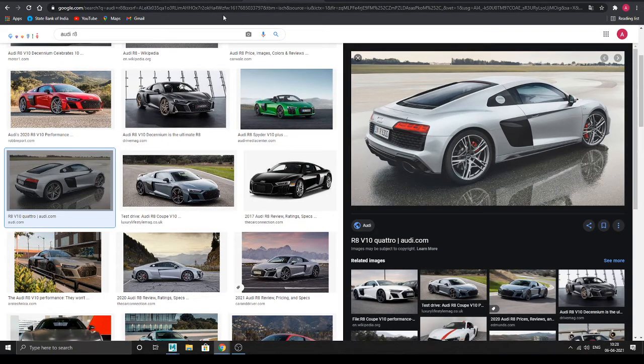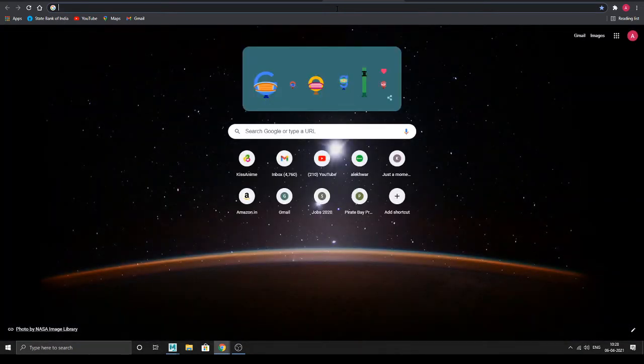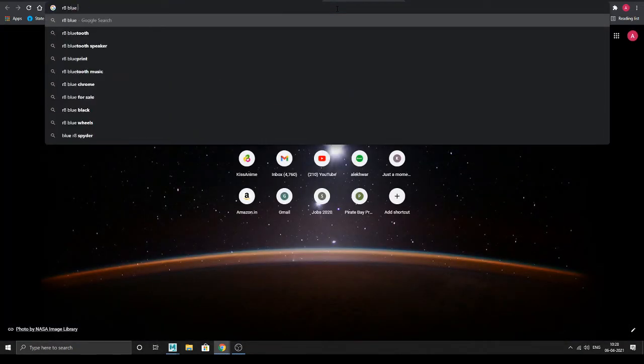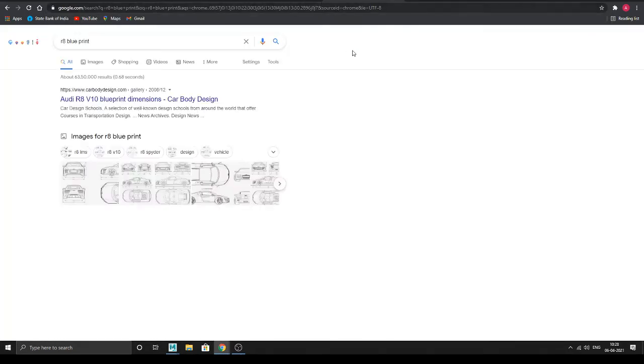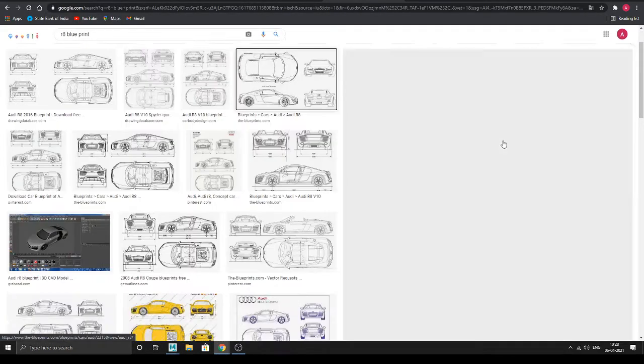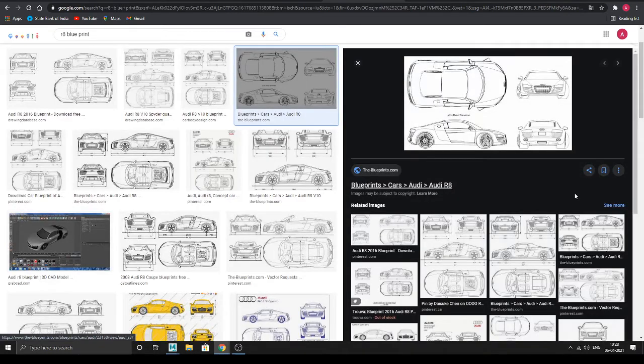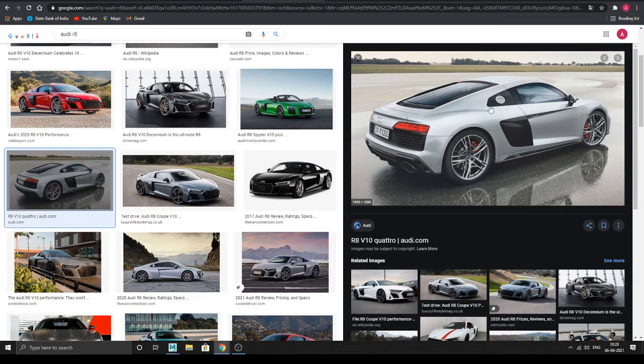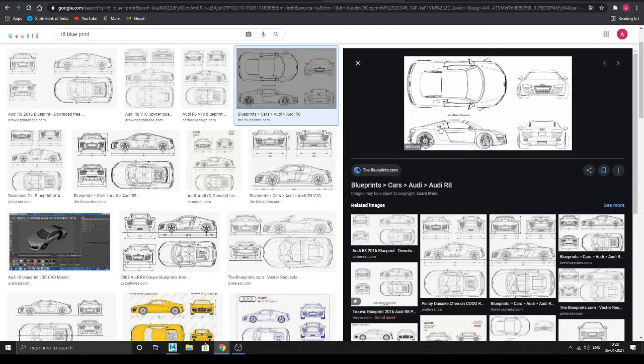Because when you're working with the blueprint of the R8, it is a 2D drawing, you can't see the edges, where these edges are coming down here. There are some cuts, there are a lot of cuts in supercars, so you can't see these cuts over here.